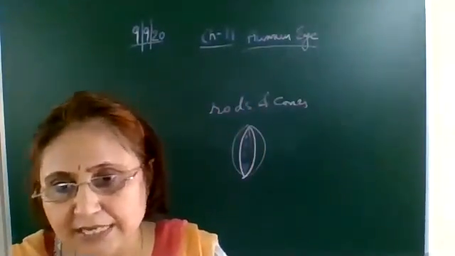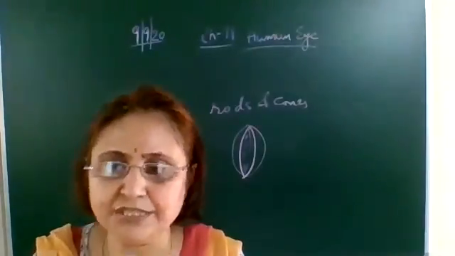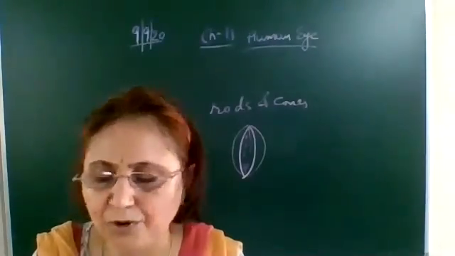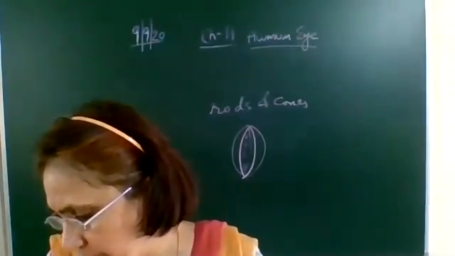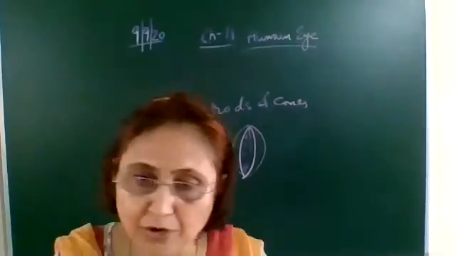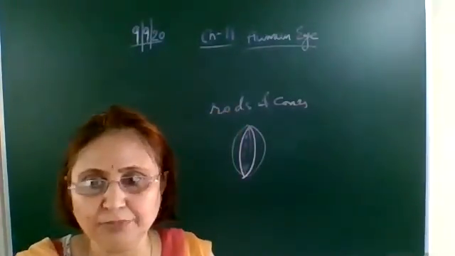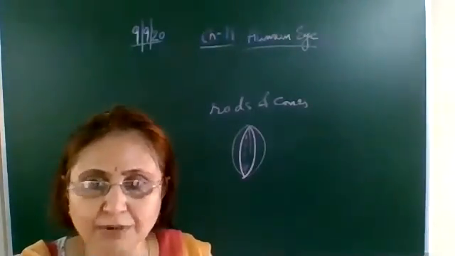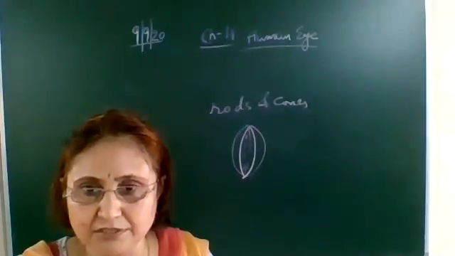Either you can call this 25 centimeters from the eye the least distance of distinct vision, or it can be called the near point. For a young adult with a normal vision, the near point is about 25 centimeters. We are talking about a normal human eye without any specs. For a normal human eye, the least distance of distinct vision is 25 centimeters.